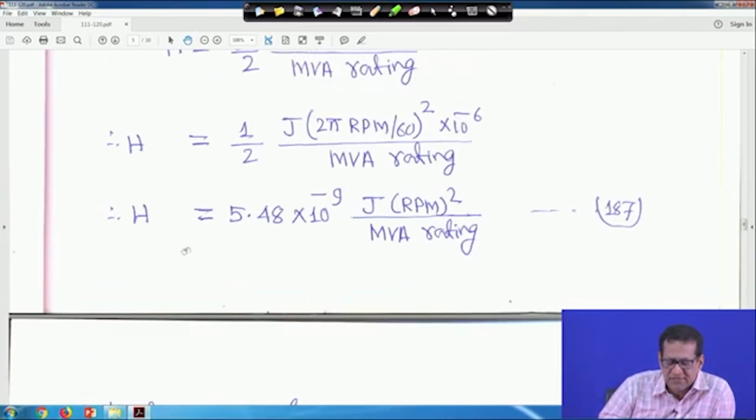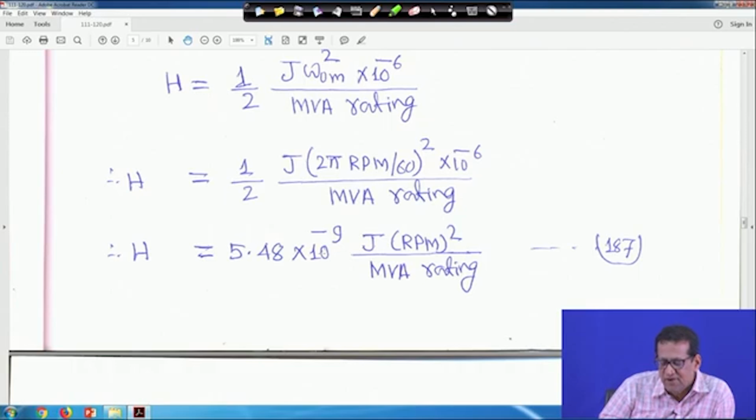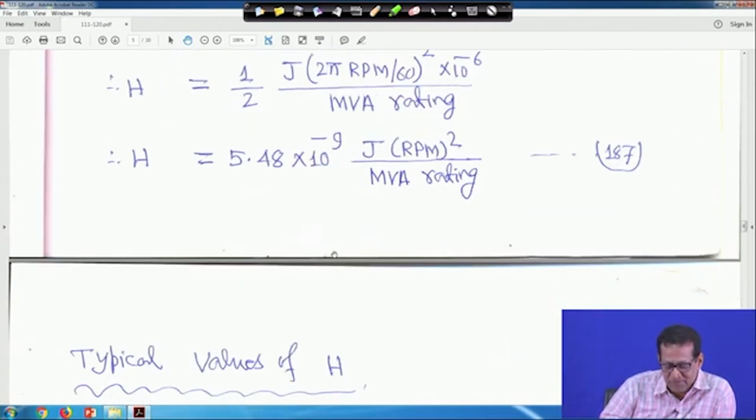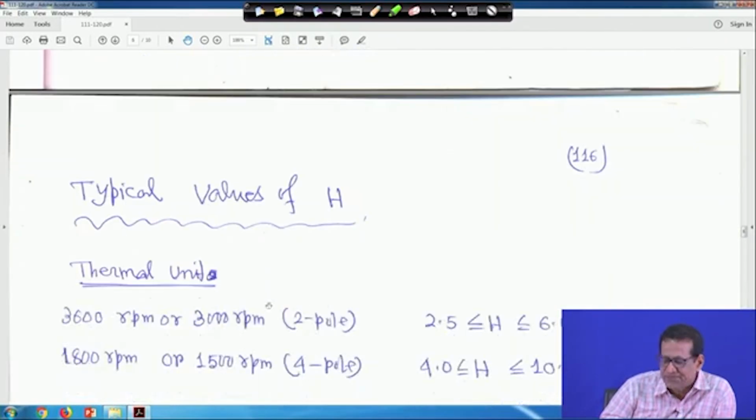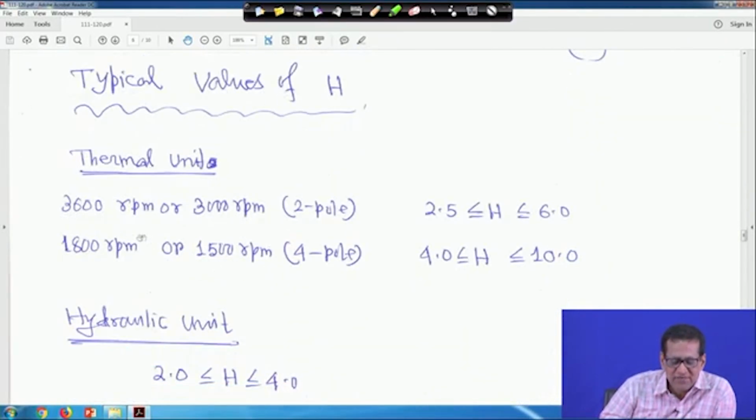Now, this is actually the value of H. From the point of view of solving numericals, you have to keep this in your mind, keep it in your memory. So, the typical value of H. Generally for a machine that runs